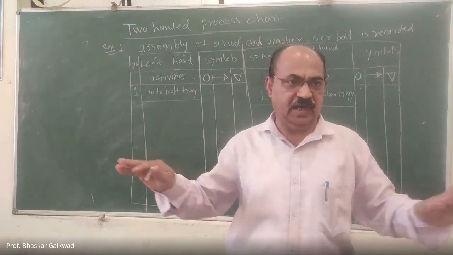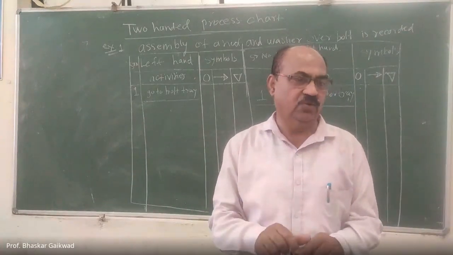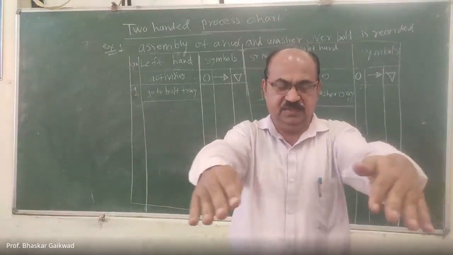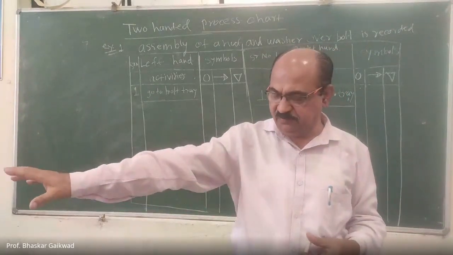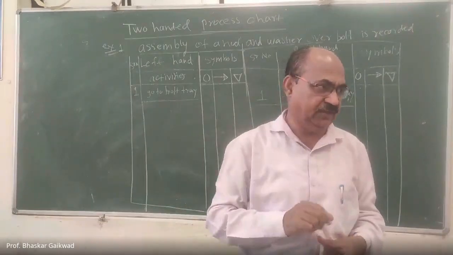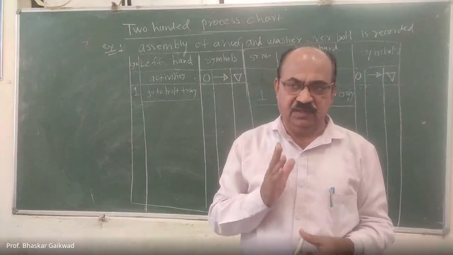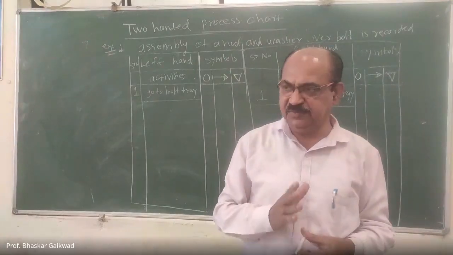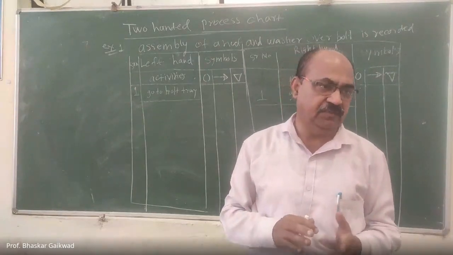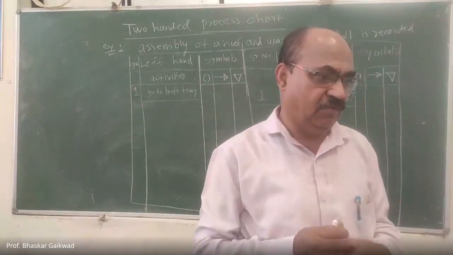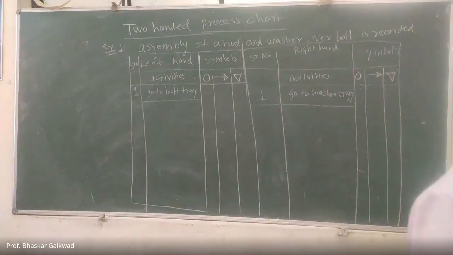So at a time you can go this way, bring together this way, and go for assembly. You should not do like this, one hand searching like this. It is not allowable. Because of this, the efficiency and effectiveness of the assembly will decrease, and more time will be required for the assembly. This is the study made by our scientist F.W. Taylor related to method study.